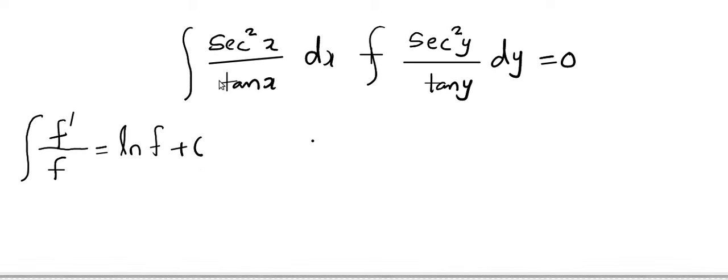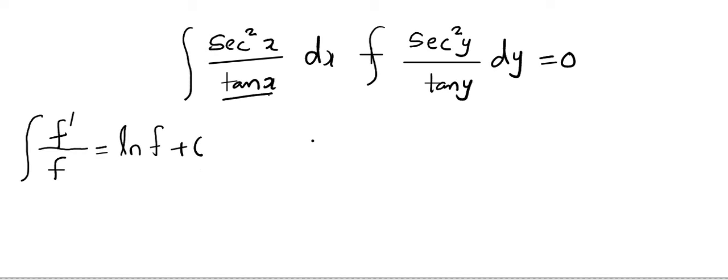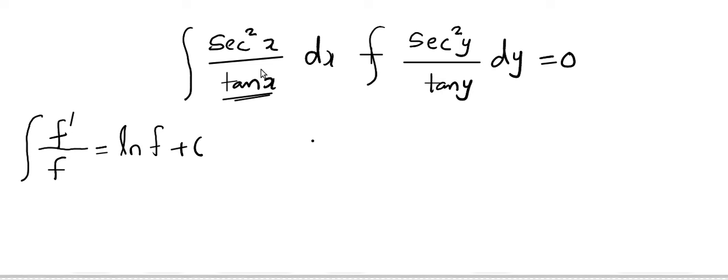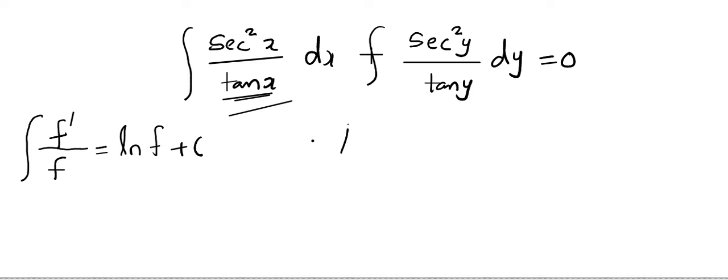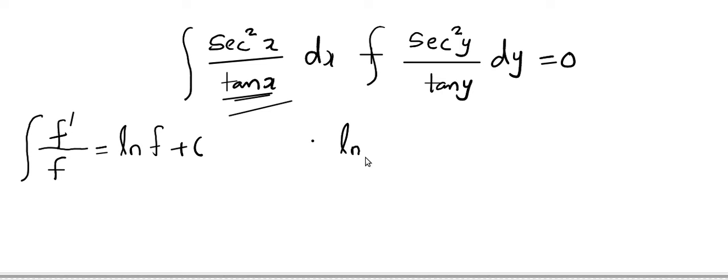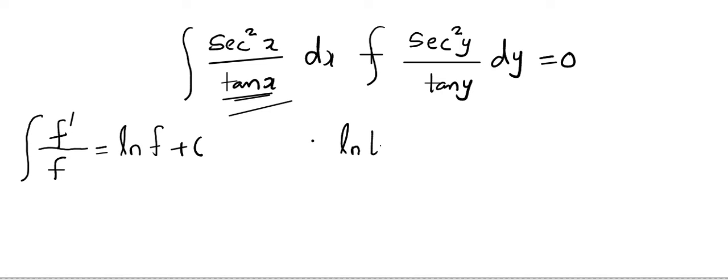So once more I will repeat, if the derivative of the denominator is the numerator, then the integral value will be log of the denominator. And with this fact, I know that the first integral will be reduced into log tan x,